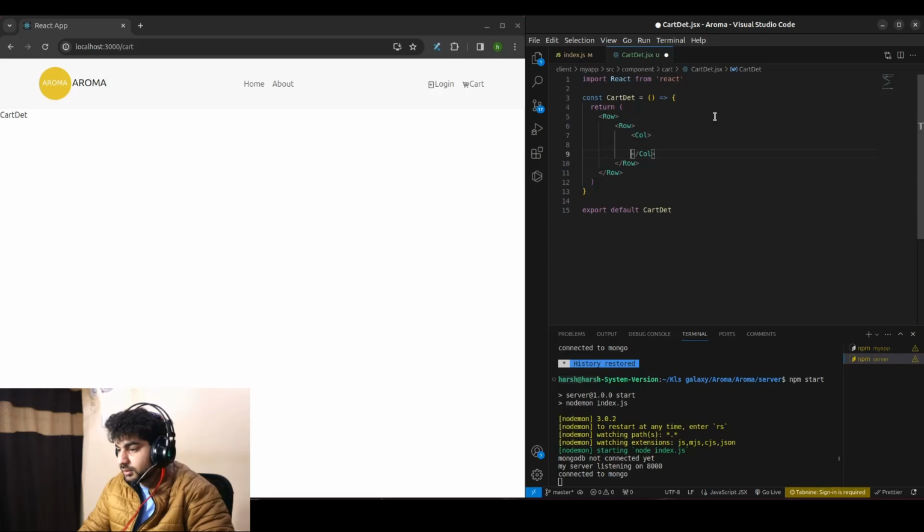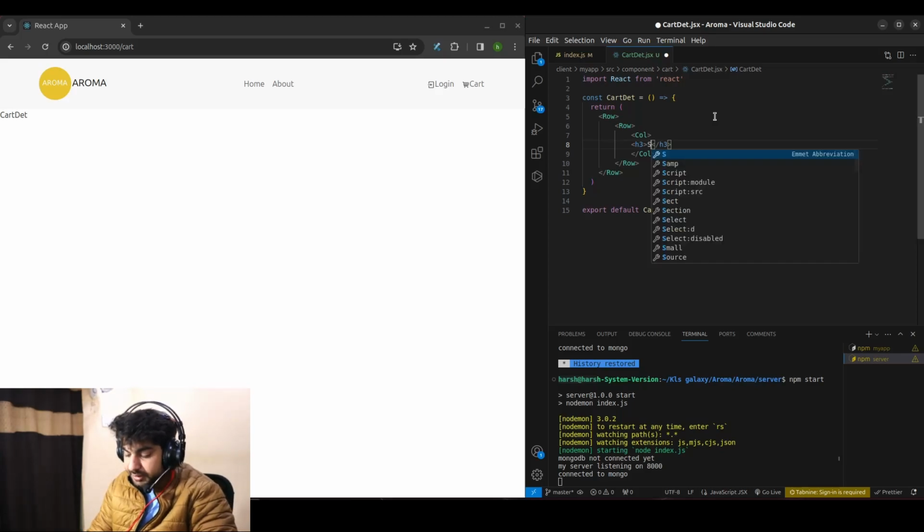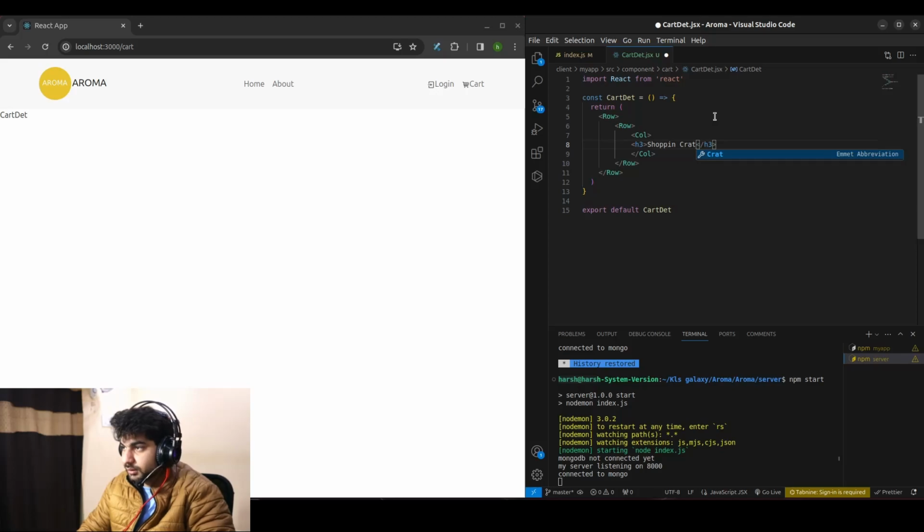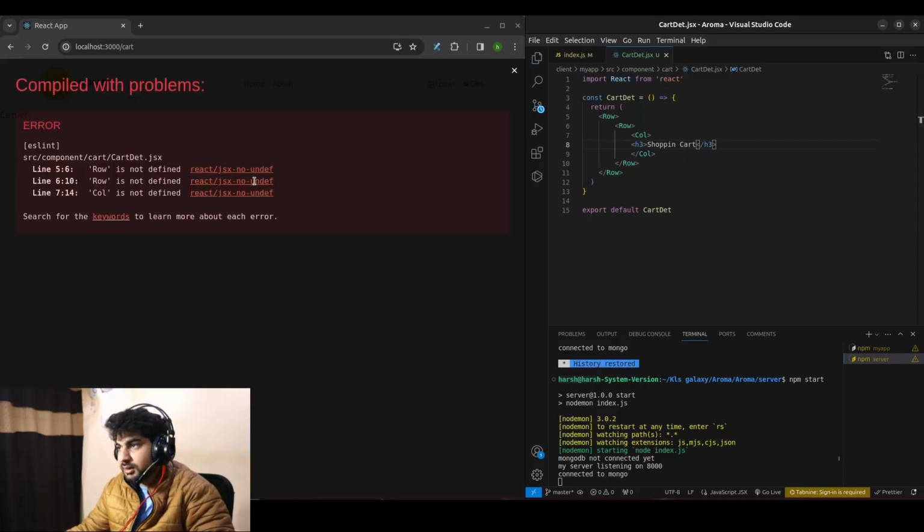Under this column I will write h1 or h3. If you want to write some other name you can, like cart page or cart detail page or shopping cart. Basically it's a shopping cart, so I will write shopping cart, okay. Control plus S. Row and Col are not defined yet, so